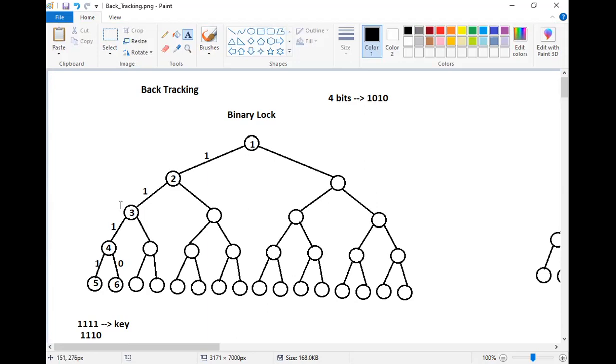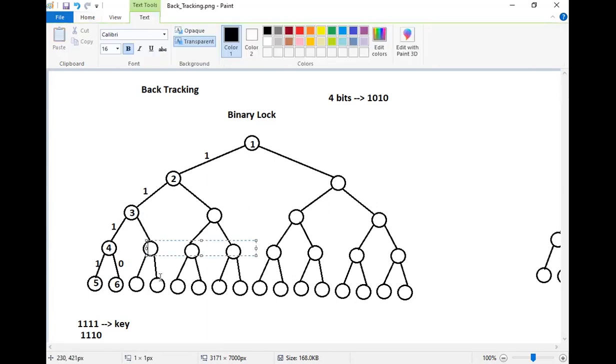Right? Now assume that I am at 3 here. I tried to go in this direction, that is with the path 1. I did not get any solution. Then what is the other possibility for me? From 3, now I can go to the next node. Let me name it as the next number 7. Now, can you tell me what the edge value will be here? 3 to 7, 0. Right? How many bits have I covered so far? 1, 1, and 0. Now I need to go for one more level.